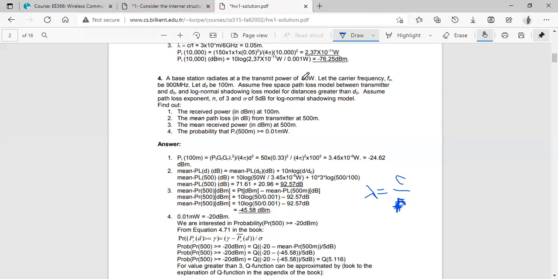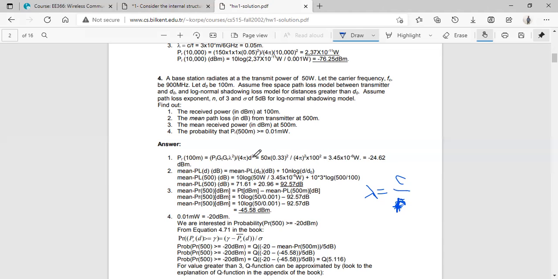The transmitter power is 50. The gains of the transmitter and receiver antennas are 1, so we can ignore GT and GR. We just need to directly multiply by lambda squared. The lambda value is 0.33, so take the square of that, divide by 4 pi, which remains as it is,